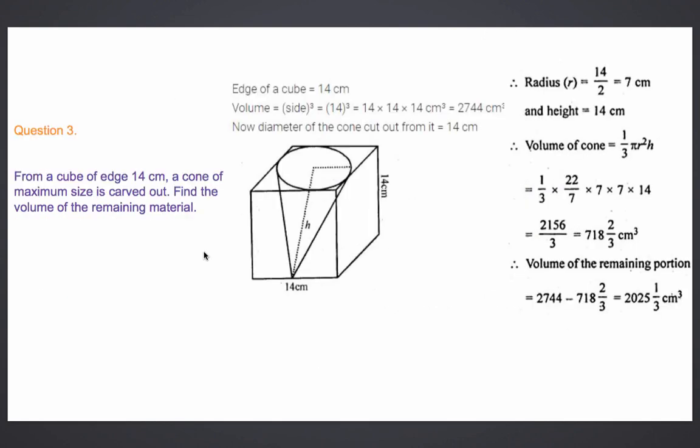Third question. See the figure, students. From a cube of edge 14 centimeter, a cone of maximum size is carved out. Carved out means it's taken out. So from a cube of edge 14 centimeter,